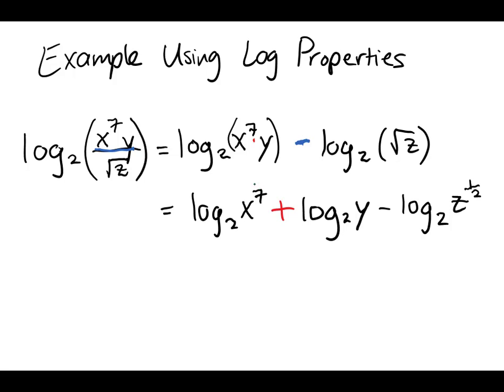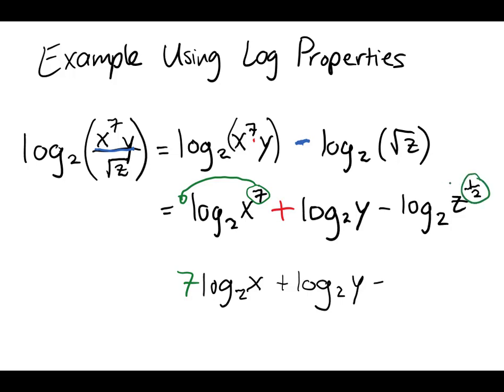Now, in this step, we're going to move our powers down. So the 7 is going to be moved down, and I'm going to get 7 log base 2 of x plus log base 2 of y, there was no power there, minus, and here we have power half, so that's going to move down. So it's going to become half, and then log base 2 of